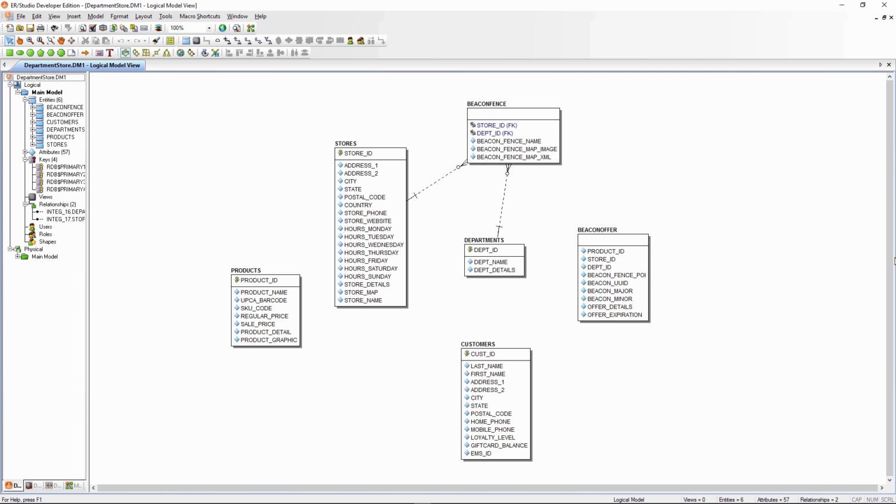We've got a products table, which has the different products that you'll see in the demonstrations. And then we've got Beacon Fence for departments and the fencing around those departments. And then we have an offer table, so that as you move into a fence area or you're near a specific beacon, you'll get information and a special offer, for example, on your favorite breakfast cereal. And that's a quick look at the data model for the department store database that we're using in this RAD